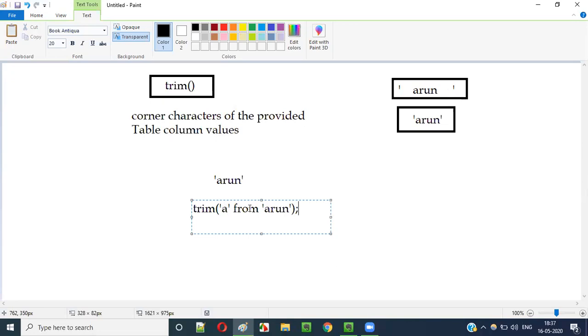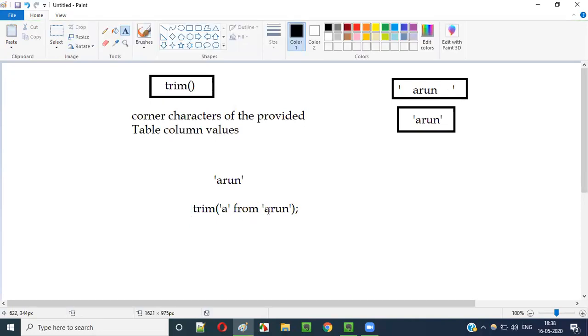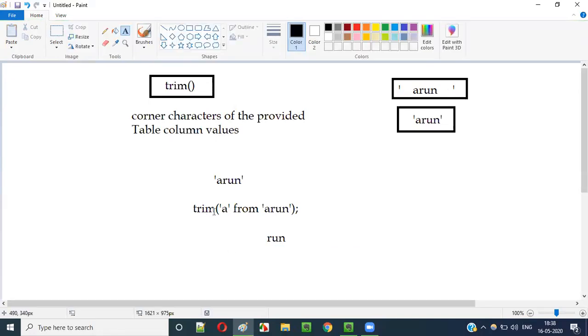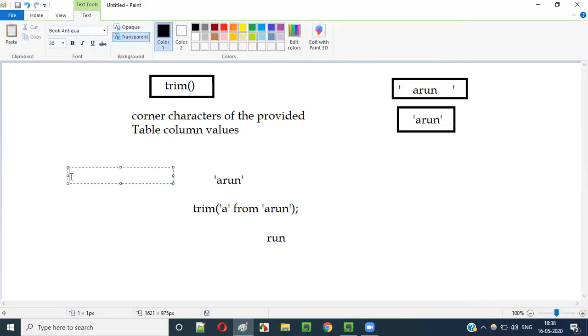If this Arun text has any corner values like A, they will be trimmed. Here the corner value is A, so A will be removed, and on the other side there is no A, so nothing will happen. So the result will be run. This is how we can use the trim function for removing the corner characters of the provided table column values. Let's take some more examples.